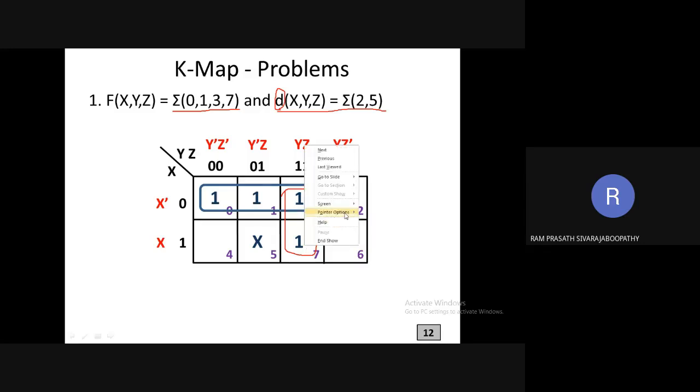To make it as a bigger grouping or maximum possible number of ones, we are going with